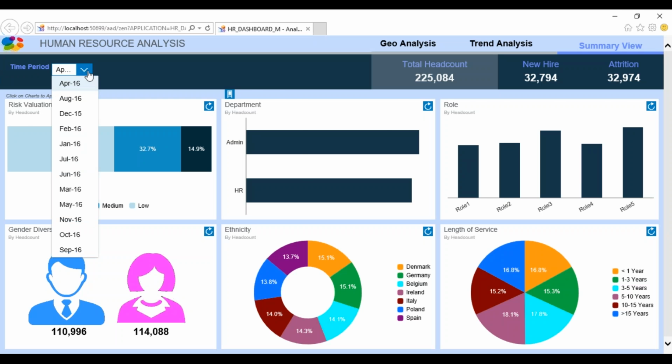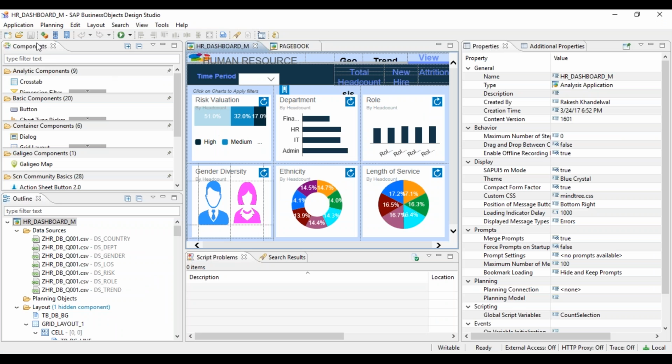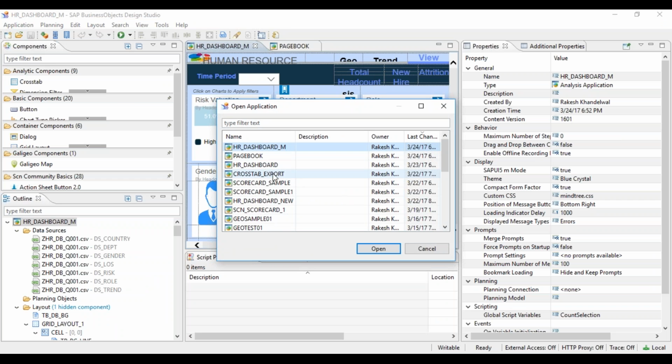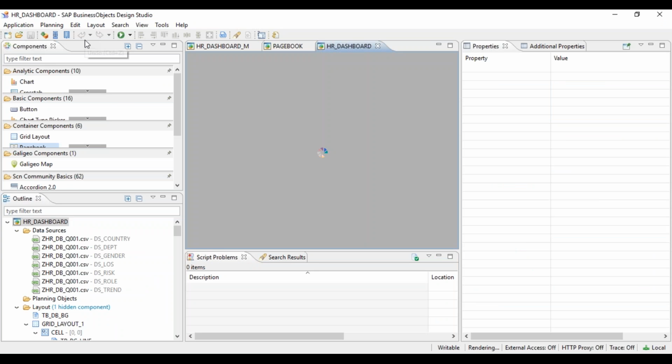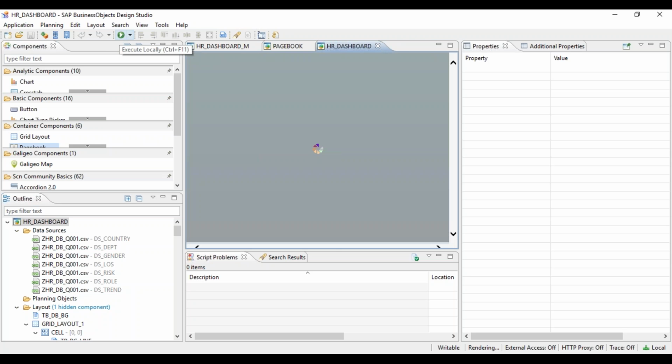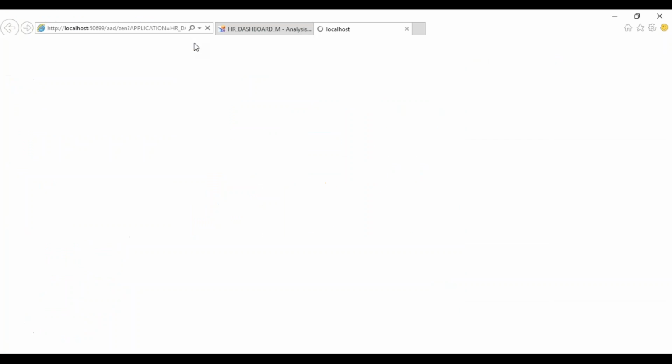You see, this is the component on mobile, and let's open the normal one also. You see the difference in the look and feel only. So this is the regular one.